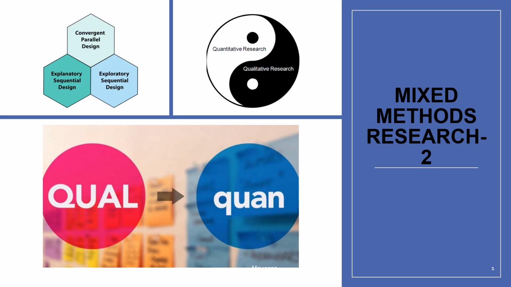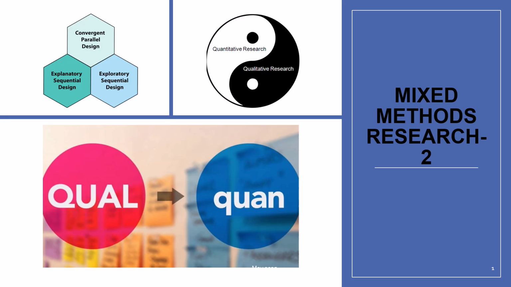We also talked about notation of mixed method research, and we started talking about the classification or types of mixed method research design, based on the timing of execution or implementation of research